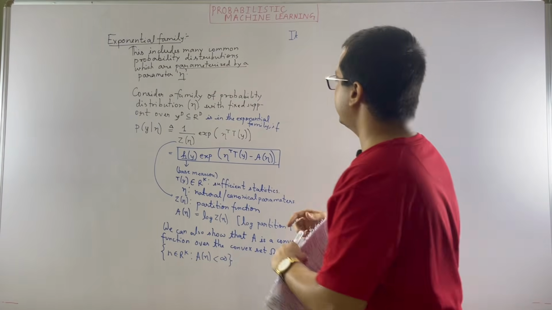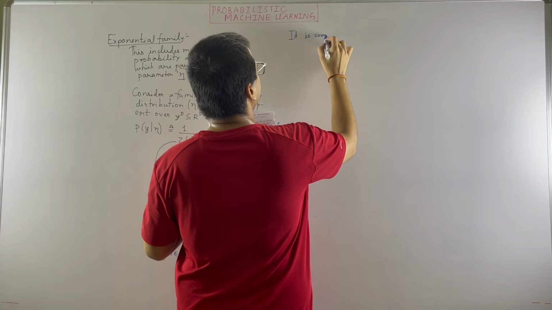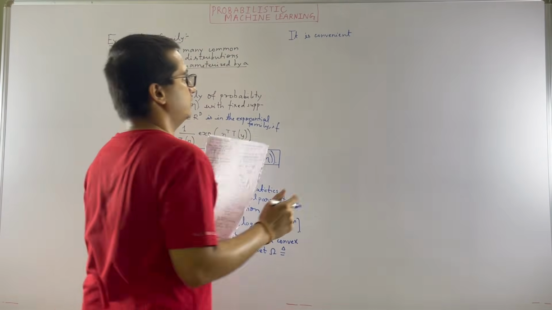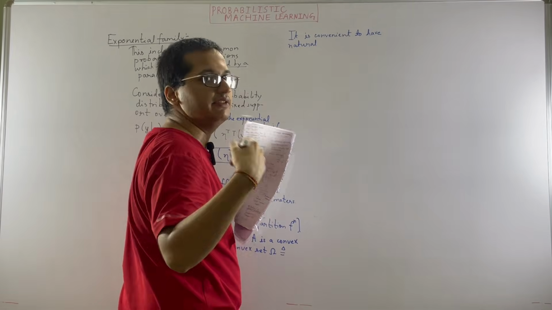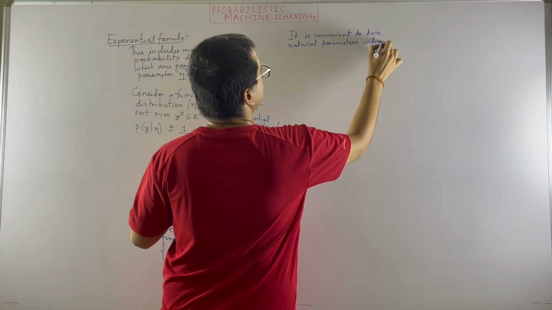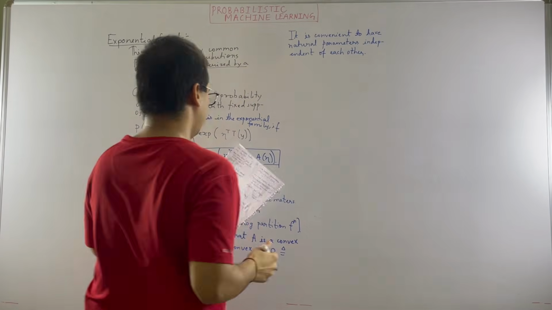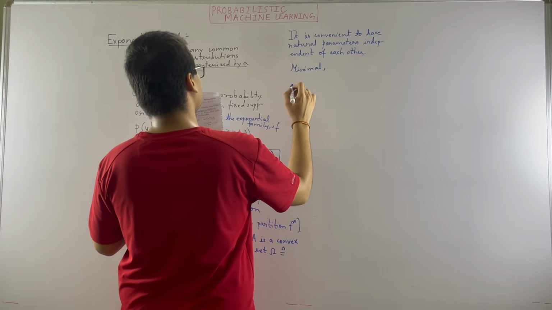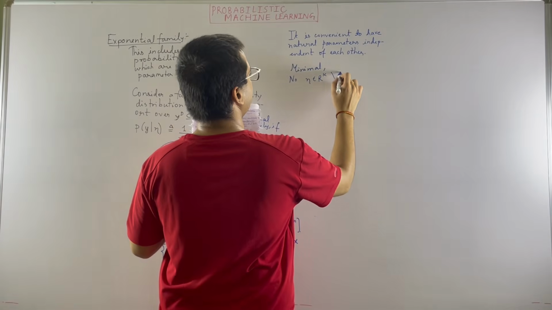And for that, there is a condition. So how do we write it down? It is convenient to have natural parameters independent of each other. Just keep following me, you will understand eventually. Natural parameters independent of each other. So what do I mean by that? I mean to say that it should be minimal. Minimal means that there should be no eta, which is some k-dimensional vector, excluding 0,